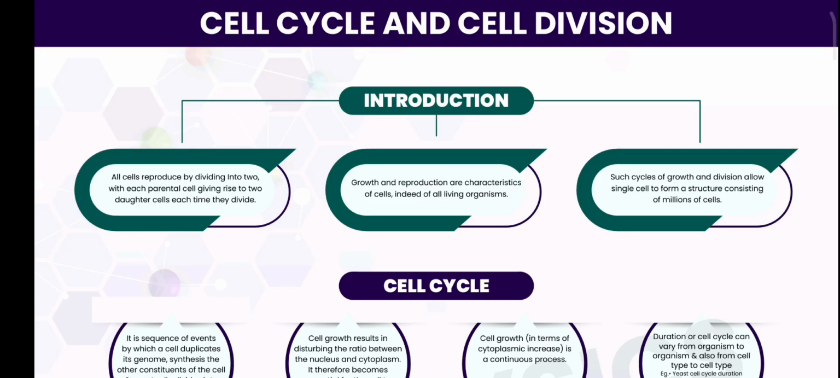Cell cycle and cell division. Short notes. Introduction. All cells reproduce by dividing into two, with each parental cell giving rise to two daughter cells each time